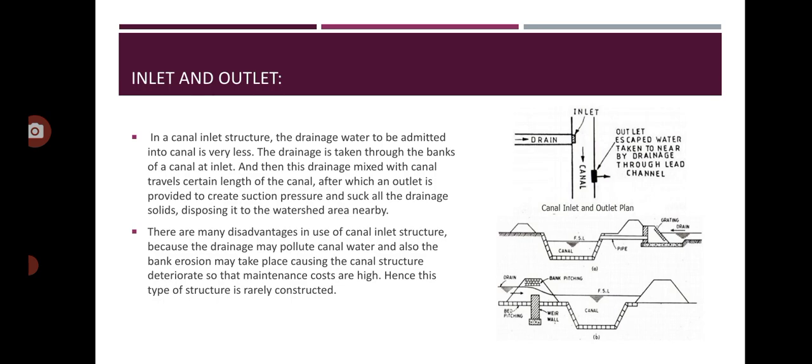The drainage is taken to the banks of the canal at the inlet, and the drainage is mixed with the canal and travels a certain length. In this case, the drainage water and the canal water are mixed over some length, and at the outlet the water will be removed. The major disadvantage of the canal inlet structure is that the drainage may pollute the canal water, because the drainage water contains many pollutants like stones, sand, and debris from plant materials and trees. It pollutes the canal water, and the maintenance cost is very high,